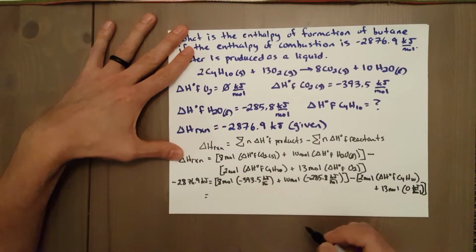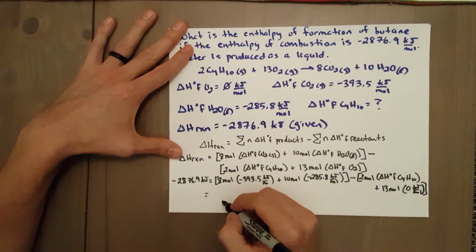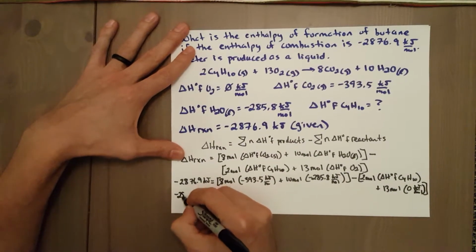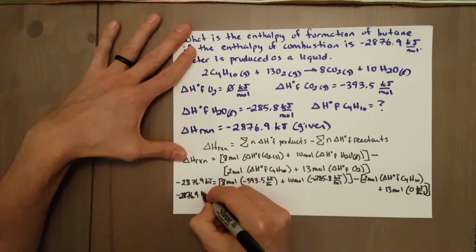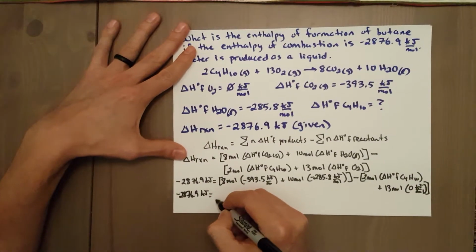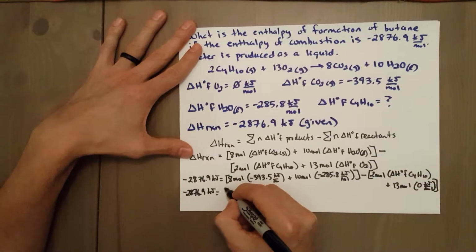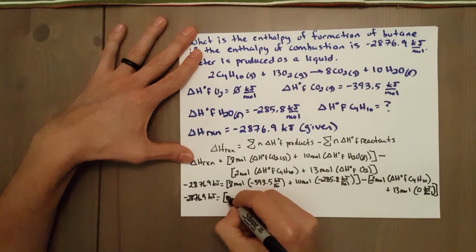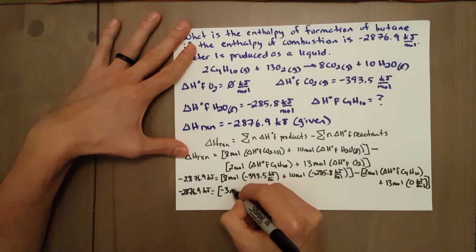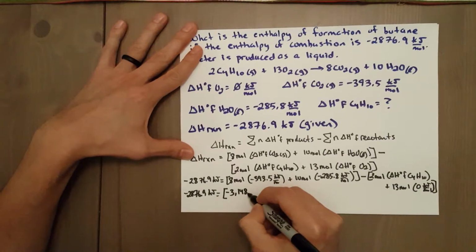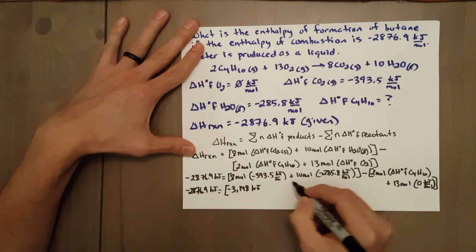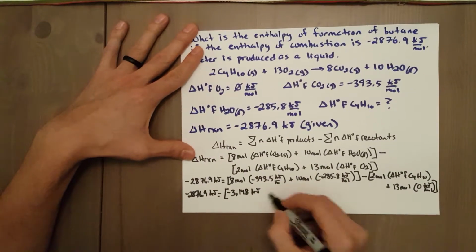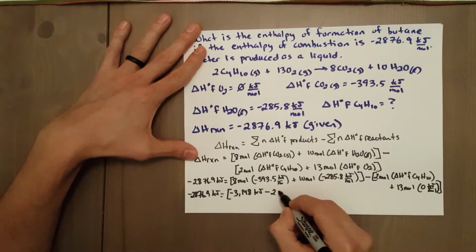Good. We'll start to simplify this. And with your calculator, you'll get these values. Then 10 times a negative number, so minus